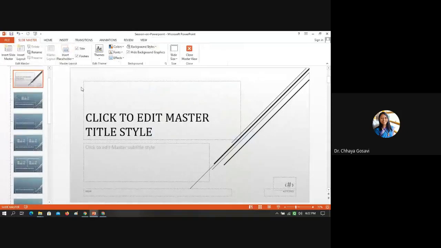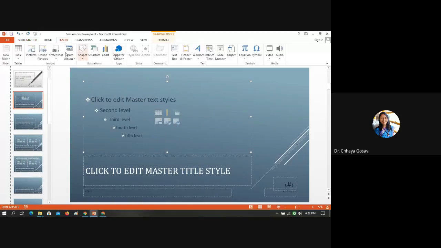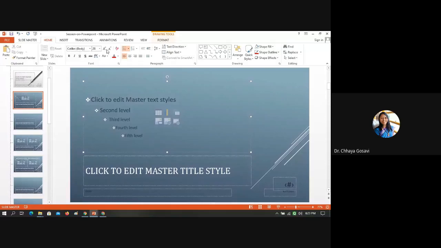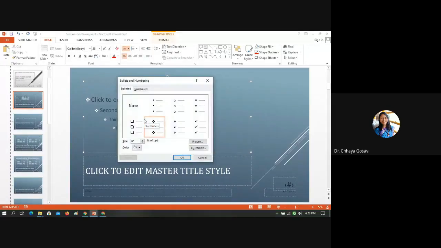View slide master. Here I have changed this bullets, and for bullet also, whenever you click on the bullet, you want to change this space between text and bullet. That also you can do by modifying. Go to the home, choose bullets, bullet and numbering, and you can customize it.